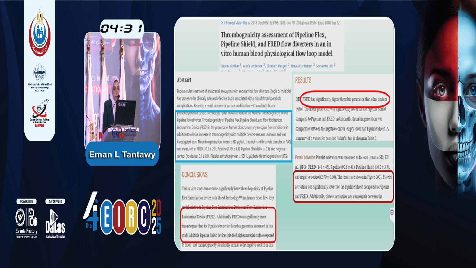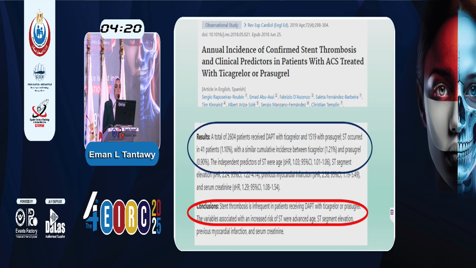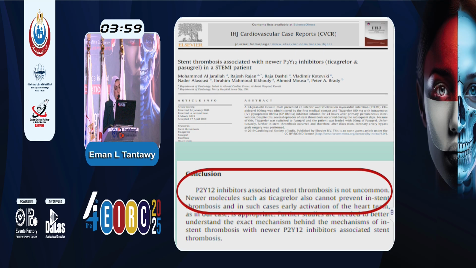So here's a study comparing different flow diverters. Some of them are more thrombogenic than the others. Fred is proved to be more thrombogenic than Pipeline, for example. And another study compared patients subjected to ticagrelor and even prasugrel from the very beginning. It's not always very predictive. Sometimes the patient can go for intrastent thrombi even if loaded. So it's not uncommon with the P2Y12 inhibitors that the patient will not be completely free from